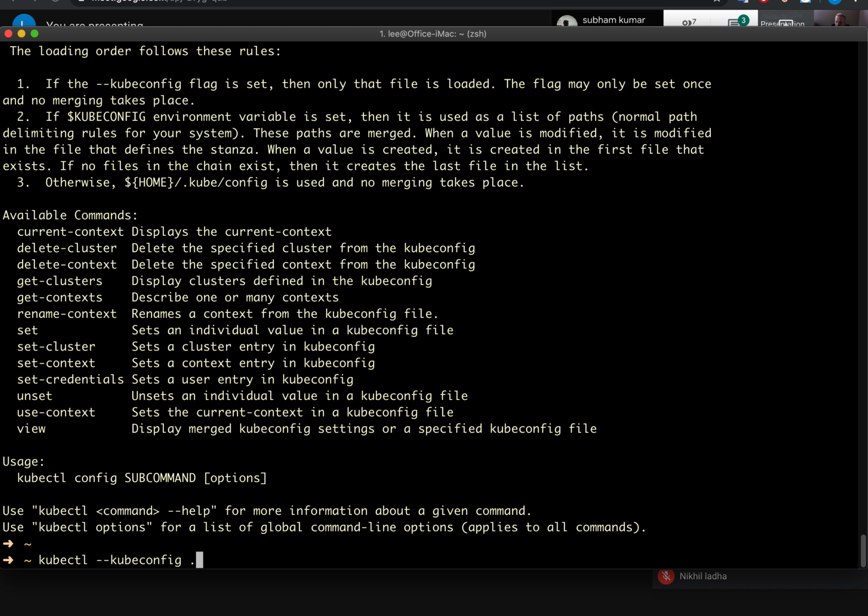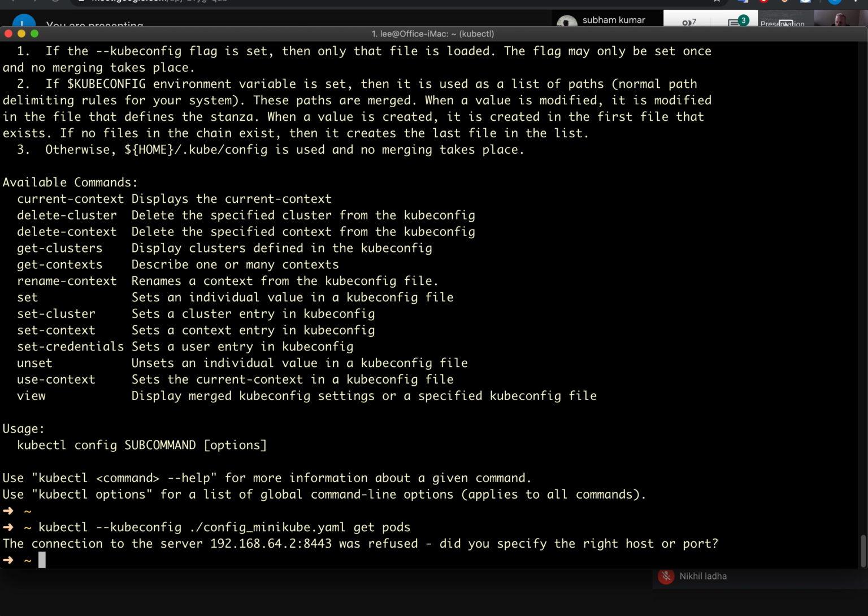I don't know if this will work or not, but if I say that I want to use this config file, get pods. So that did work. It is trying to reach Minikube, and it doesn't look like it's able to. The point being, Sanjay, is that normally people would run that command, they would export, minify and flatten